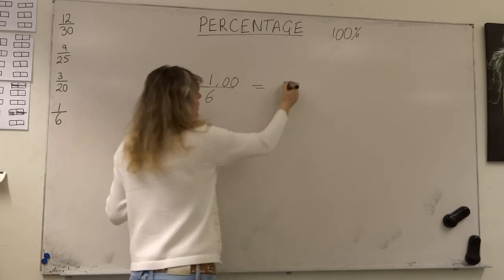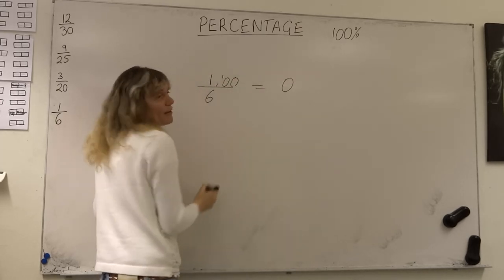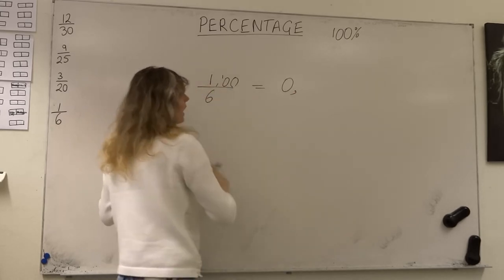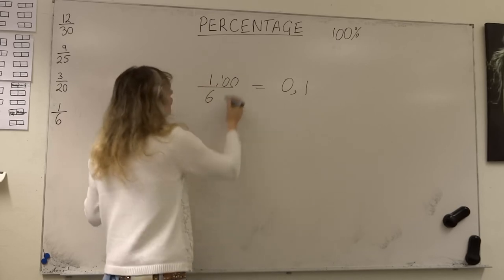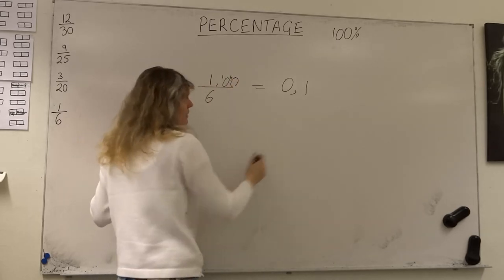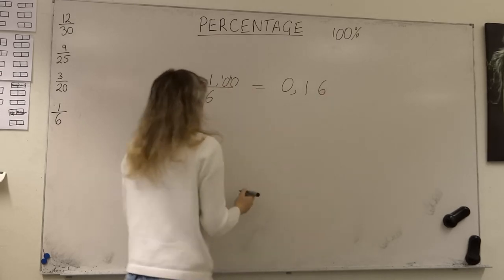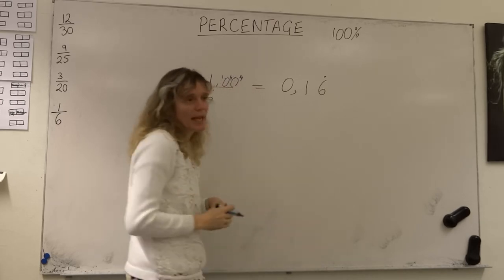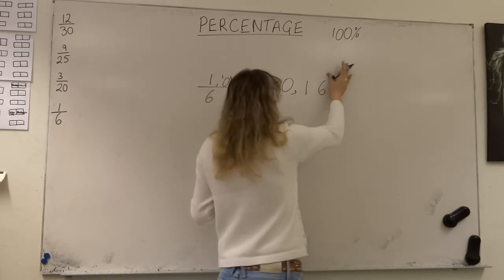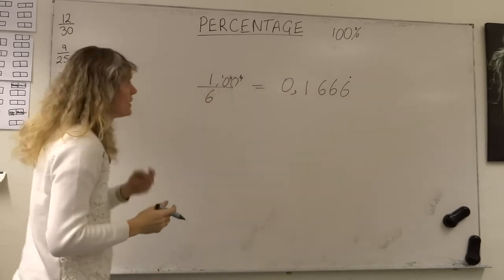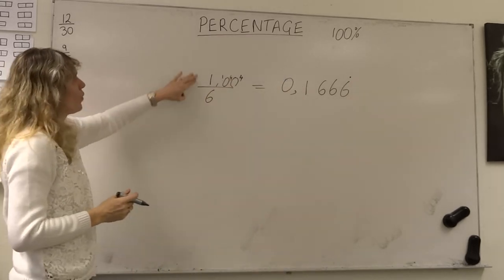6's go into 1, 0 times, 1 left over. Decimal point in the same place. 6's go into 10, 1 time, 4 left over. 6's go into 40, 6 sixes are 36, so it's going to go 6 times, and there's going to be 4 left over. So we're going to get this number carrying on forever and ever. So we just do the division. I put quite a few decimal places there. The answer to 1/6 would be